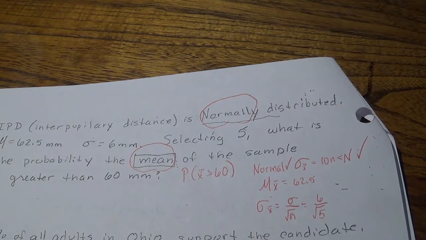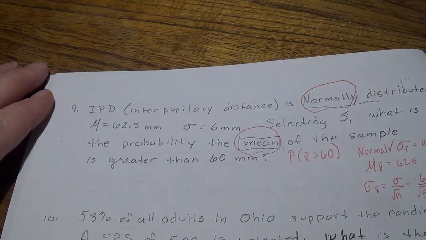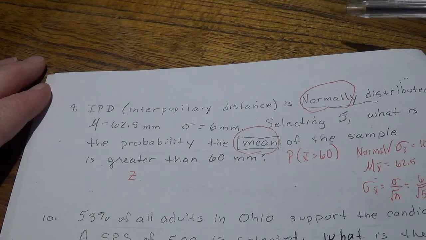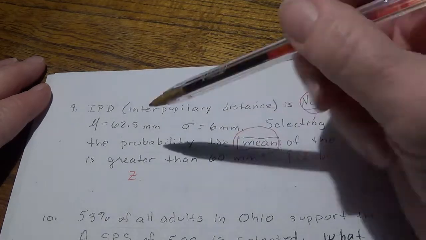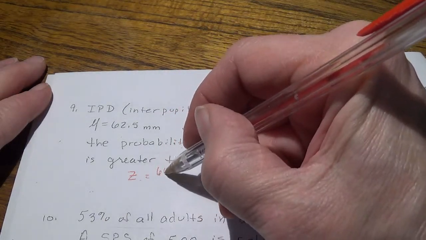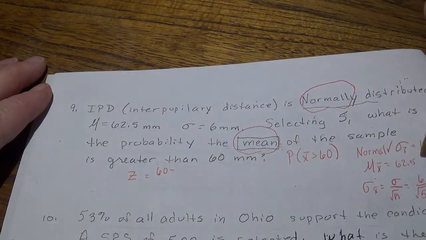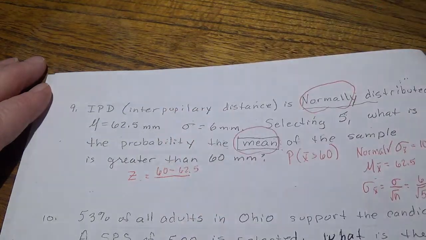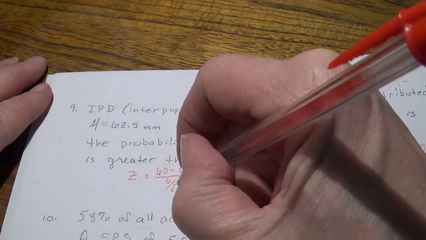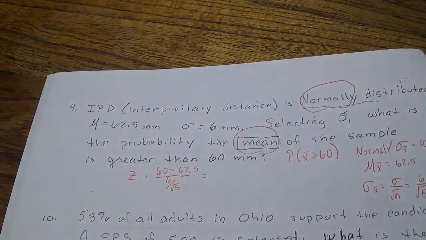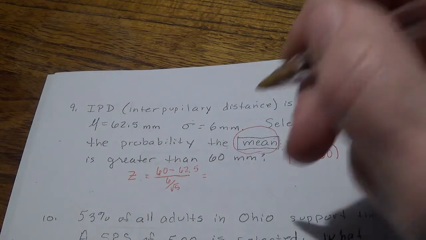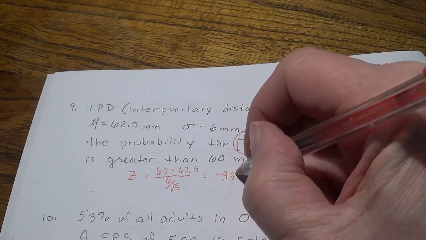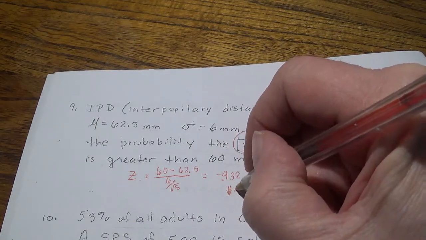So onward, let's use our normal procedures. We're going to do a z-score. The number of interest is 60, so we're going to do 60 minus the mean, which is 62.5, divided by the standard deviation. I didn't tap that out, but it's 6 over the square root of 5. When I did all that, I got negative 0.932. Chart A led to